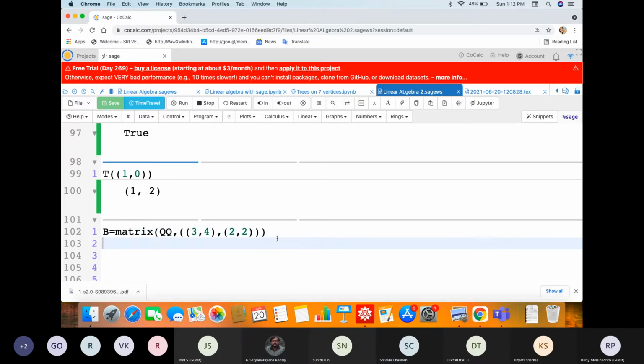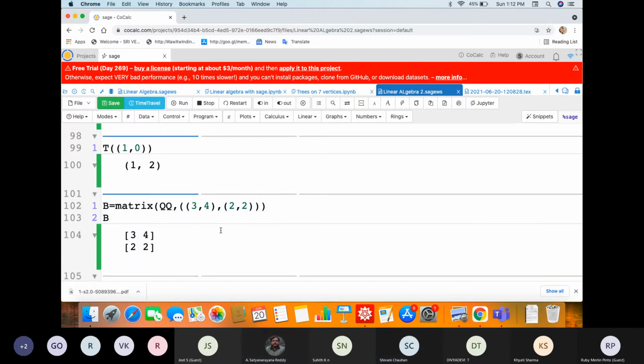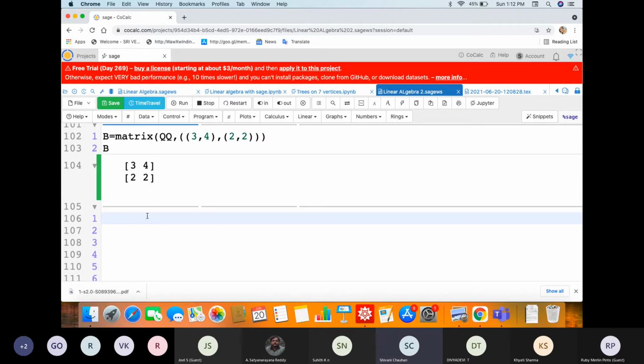Here I have A, B. Now I want these matrices in the block matrix form.